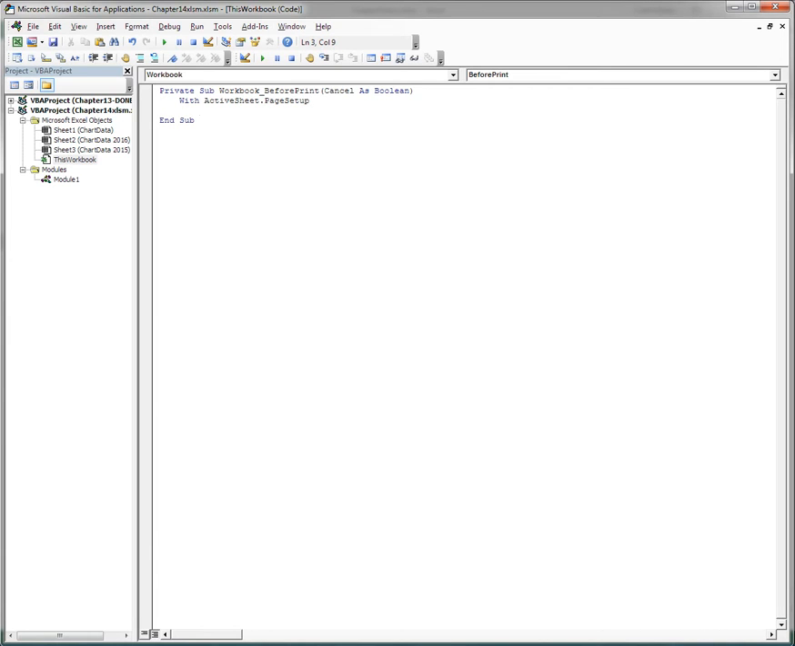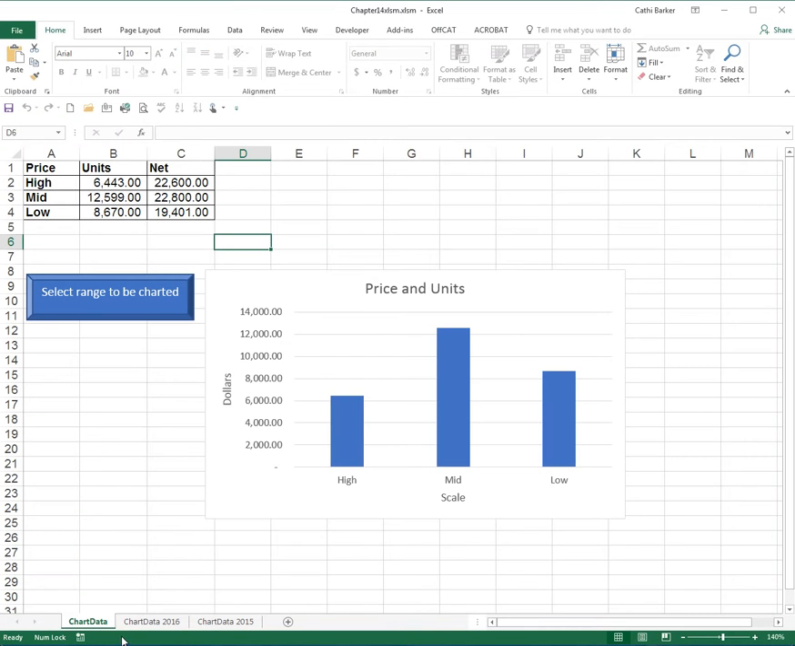Within there, I might say I'd like to set the orientation of the page to equal landscape. And end with. Let's try this for starters. So if any sheet should be printed, irrespective of its current settings, this particular code will say before it's printed, change it to landscape. So I'm going to go back to my Excel file now,